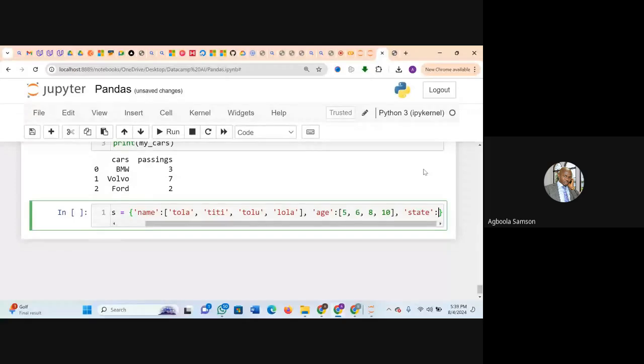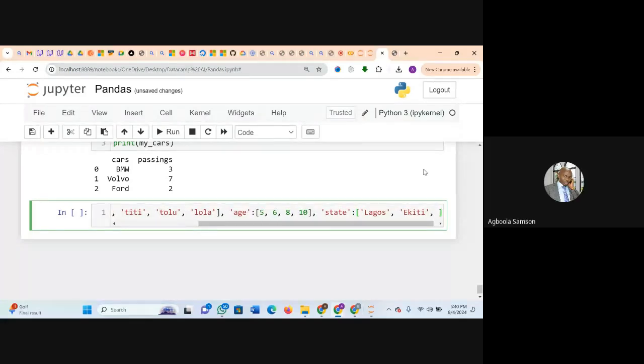Square bracket. Then the name of the first state: Lagos. Lagos, then comma, then a colon, quotes. Ekiti. Yeah, quotes, Ekiti. Okay.